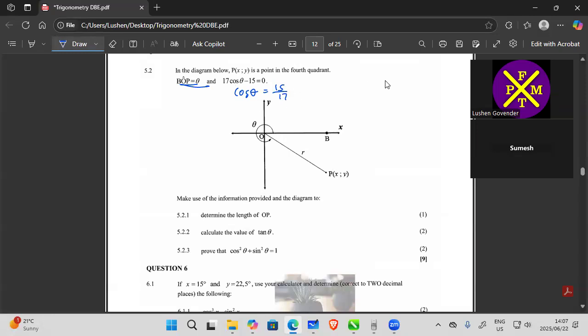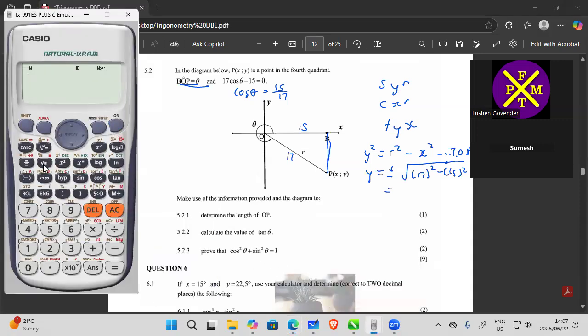But we know according to the relationship, cos theta is x over r, where r is the radius. So that 15 will go to the x-axis and this 17 will go to the r, the radius. If you have to solve for this y value now, we'll have y squared is equal to r squared minus x squared by reason of the theorem of Pythagoras. And then y is equal to plus or minus the square root of what's r? 17 squared. What's x? 15 squared. And if we solve for this now, we get